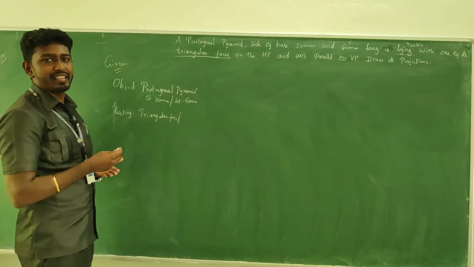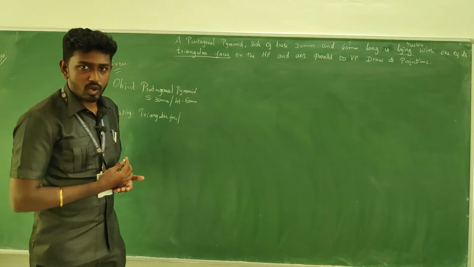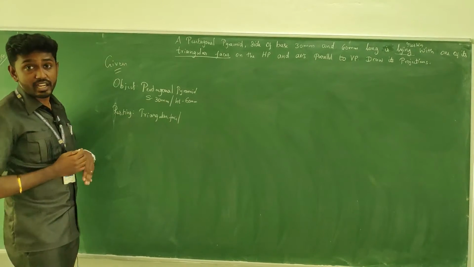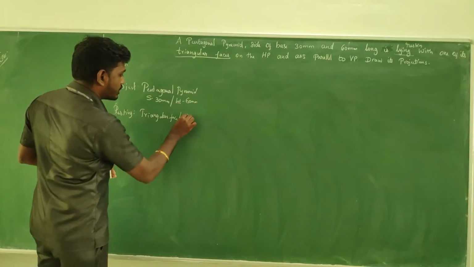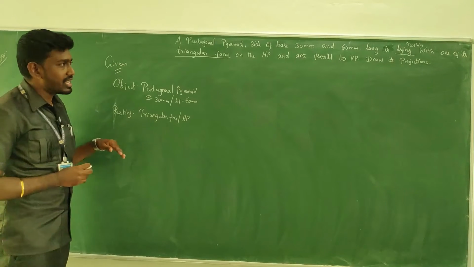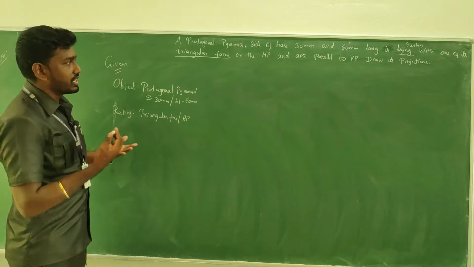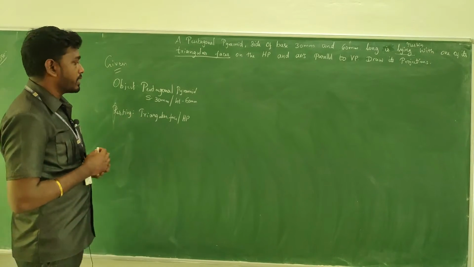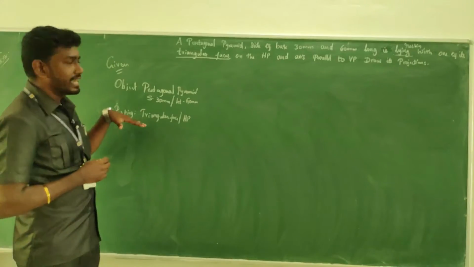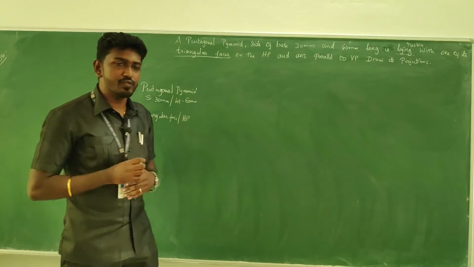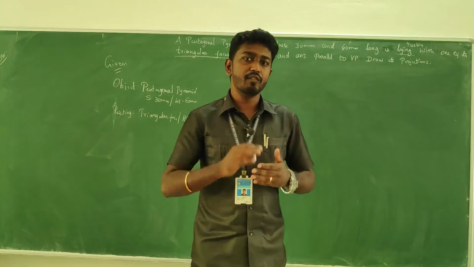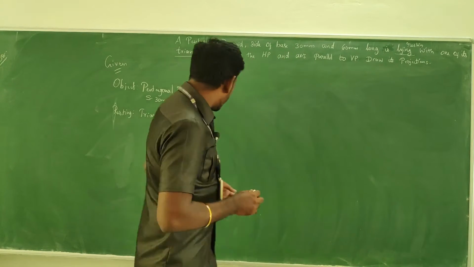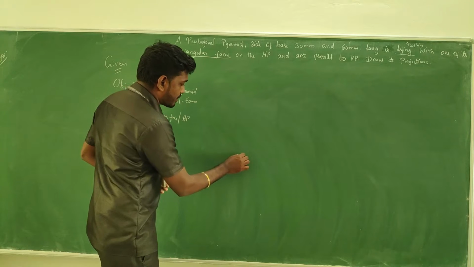Usually we get one of the base edges resting, or one of the base corners resting, something like that, but here it is a triangular face, so it is notable on HP, right? Afterwards, about the axis inclination, there is no clue, and it is given that the axis is parallel to VP. There is no inclination. So this is the data given in the question. For this, we are going to get the projection and form the final front view and final top view, right? So for this, take the reference line first of all.